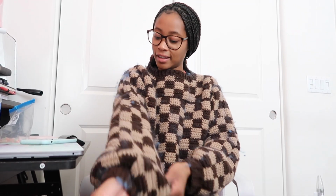It didn't shrink. It feels good. This feels really, really good. It didn't shrink at all. It's just surprising. So if you guys want to wash your acrylic projects, I personally think it's safe to do so, because literally this did not budge at all. It kind of seems like it didn't wash and dry at all, but it does feel softer. So I think you honestly should wash it maybe, because it feels super, super soft and softer than it was before I washed it. So that's good and surprising. I'm kind of happy about that. I don't know why. Okay, so next,